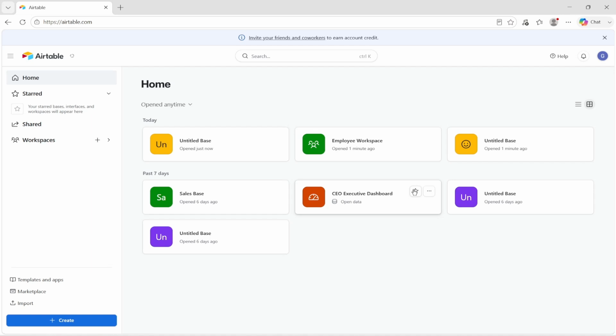In this video, I'll show you how to use AI with Airtable. Now, there are a lot of ways to use AI with Airtable, and one of them is by using Omni. Now, Omni is the exact AI that Airtable uses, and within Omni, we can create an application or a base